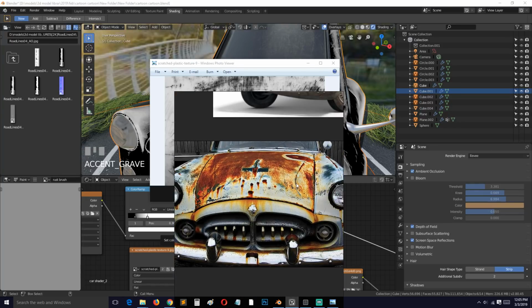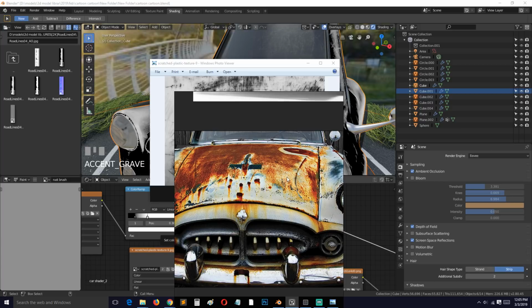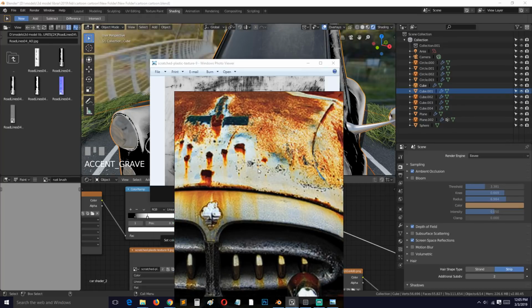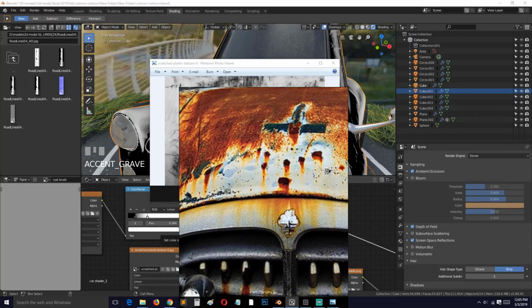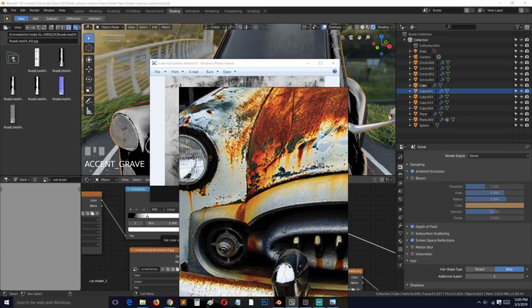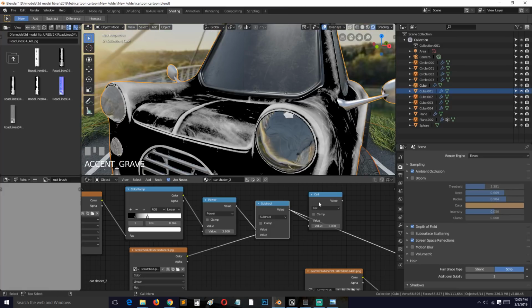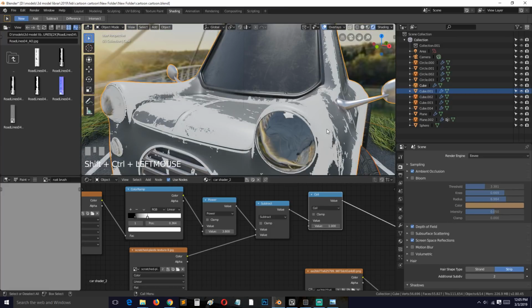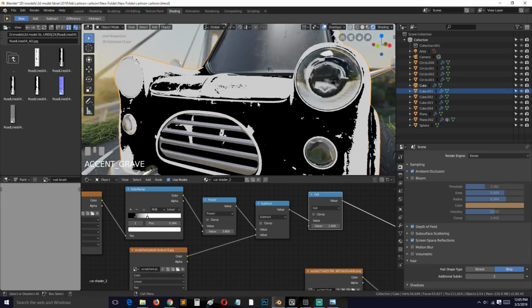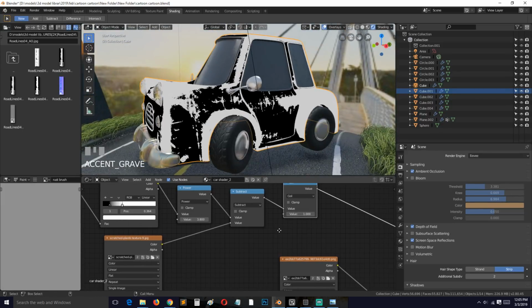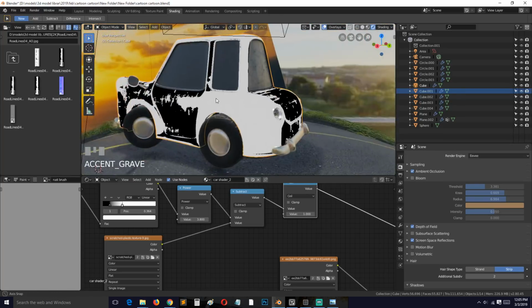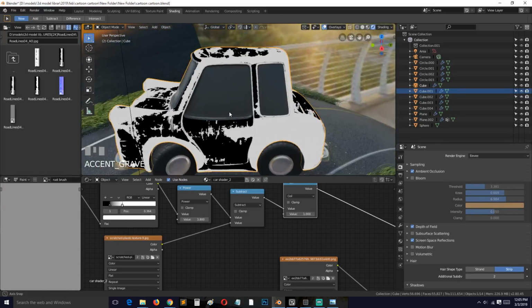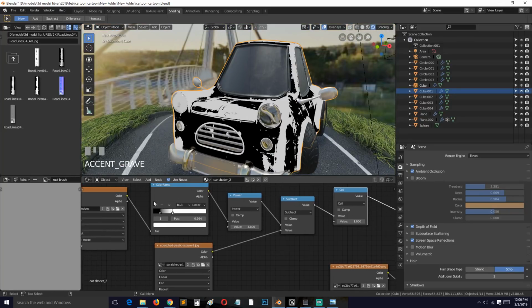It's actually not a transition, it's just that there are a lot of noisy spots with rust, but again you still see that sharp contrast between rust and the paint, and that's the kind of thing we want to go for. So by using this ceiling node, we are giving that sharp contrast that we need for the rust, but I think we have a lot of rust on this car, so we can either reduce it,